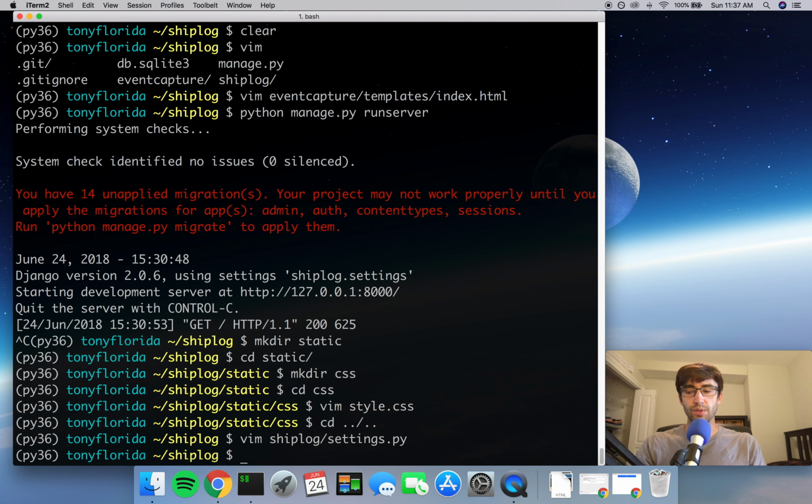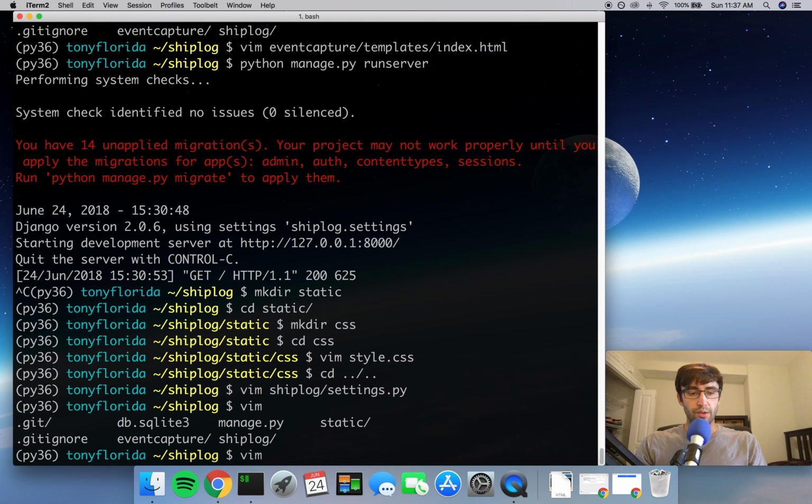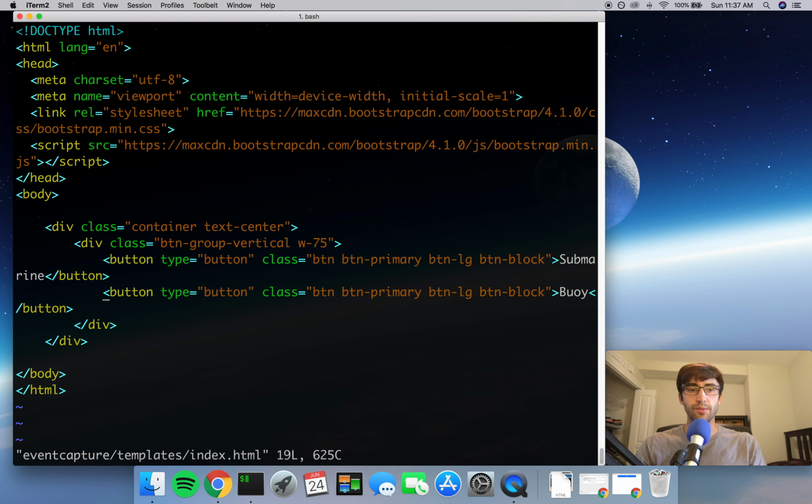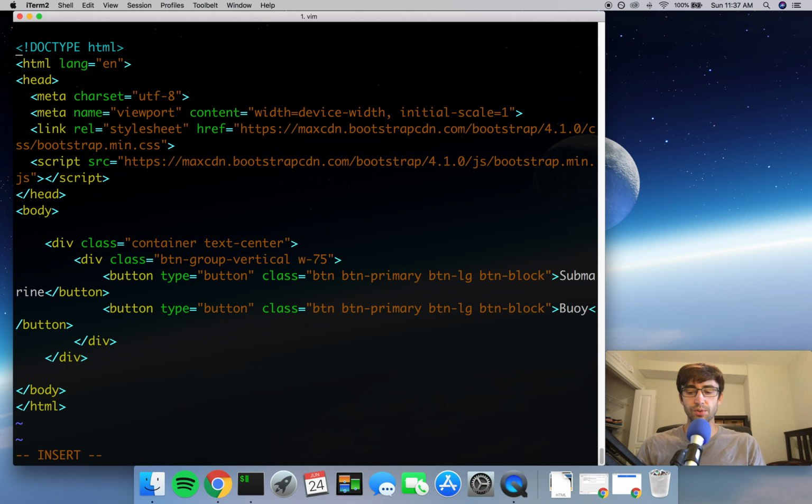And now that Django knows where to look for these static files, and we have checked in our settings that everything is set up the way it should be for static files to work, let's go ahead and open our event capture templates index file. And in here, go up to the top, and the first thing we want to do to enable static files functionality in this file is to load that template tag. So up here at the top, we're going to do curly percent load static, and then percent curly. So what this does is it loads the template tag for static,